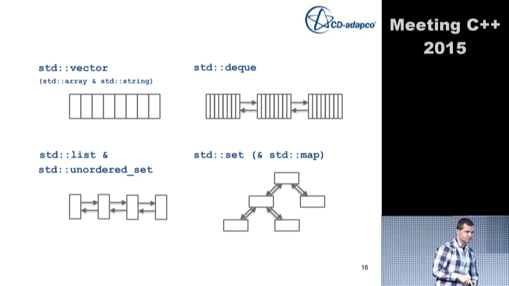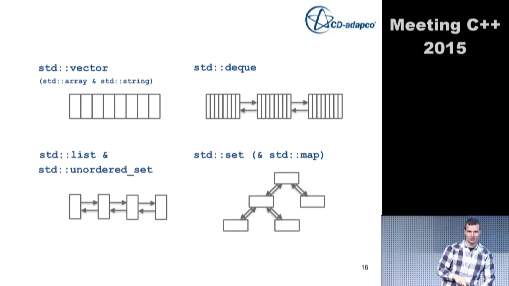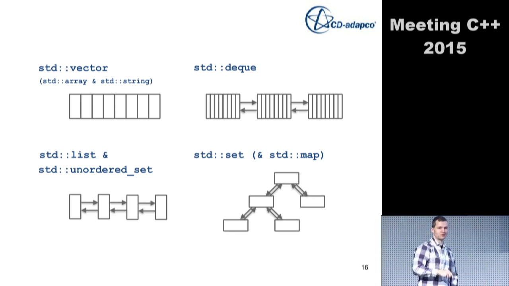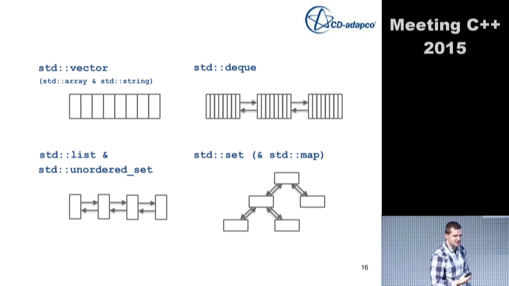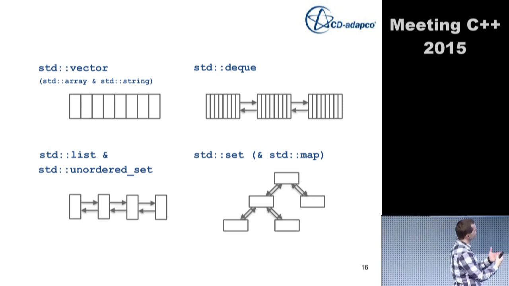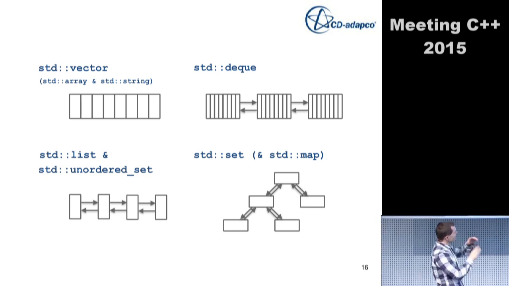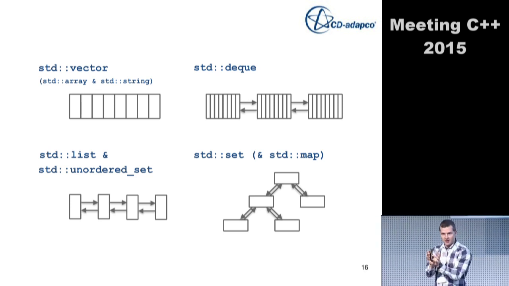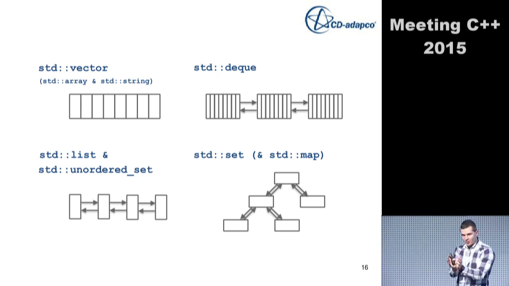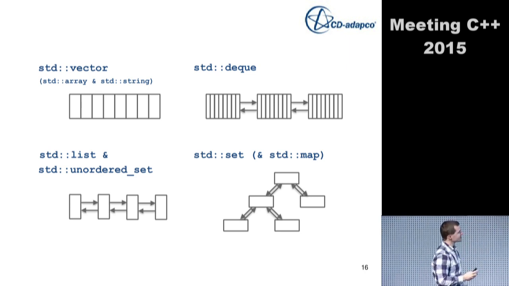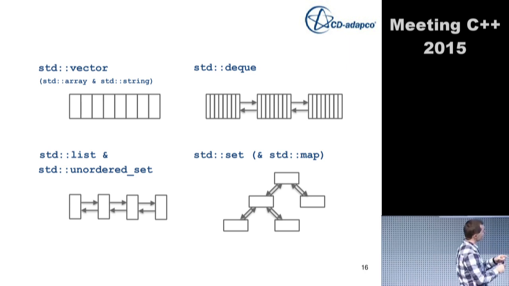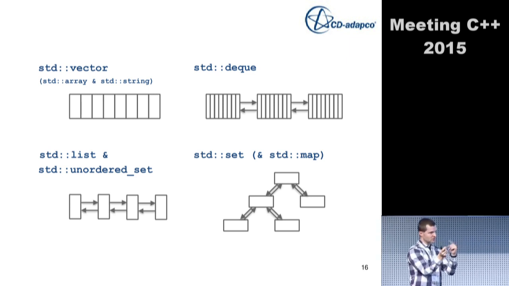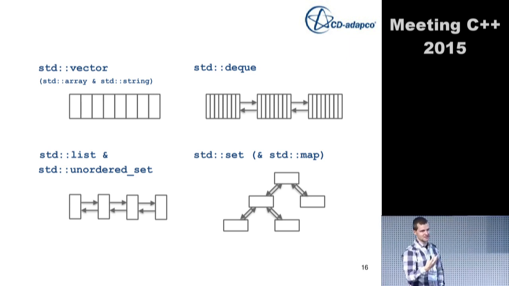A deque, hopefully everyone knows what a deque looks like. It's probably one of the mostly ignored containers. A deque is kind of a mixture between a list and a vector. A little bit vector, a little bit list. The property of a deque is that I allocate a bunch of elements, and since it's supposed to be performant, this block of elements has the size of a memory page. So I can load a page very quickly, I can address one page, but the pages, also these memory blocks, are connected by some kind of list-like data structure. Yeah?